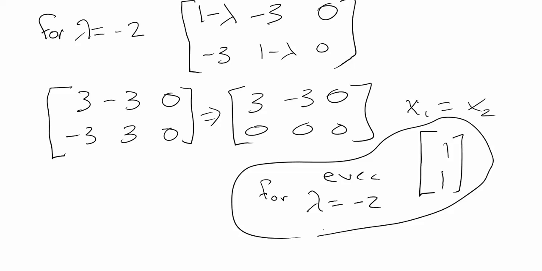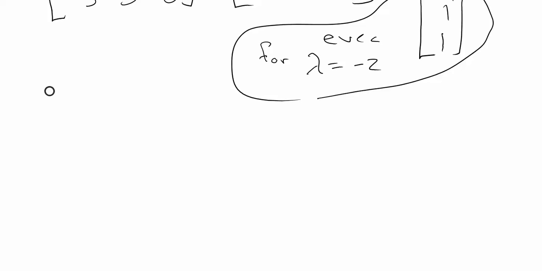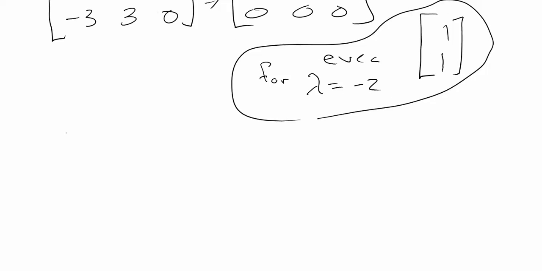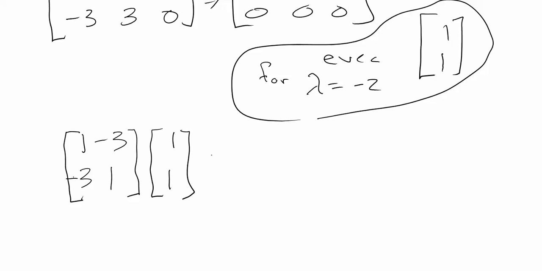I mentioned that we were going to check to make sure that we indeed have the correct eigenvalues and eigenvectors, and we can do that by taking the original matrix and multiplying it by each of the identified eigenvectors to demonstrate that what we get as a result is the eigenvalue times the original vector. So for the original matrix, if we multiply it by the eigenvector 1, 1, we get